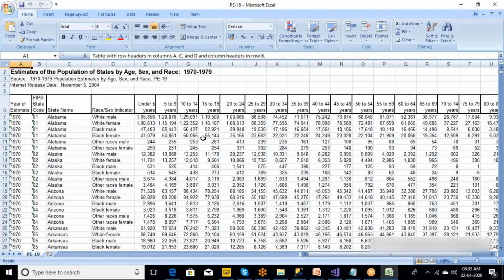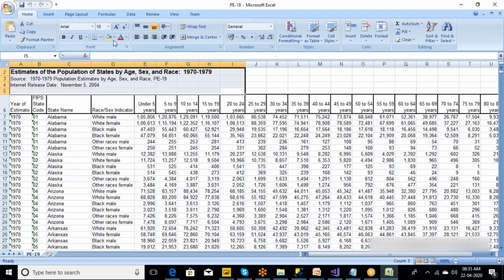Your superior may give you this sheet, and from this sheet they are expecting one report. Here I have some data. I don't require this data, so I can clean this data. I can remove this data. And of course, the year of estimate